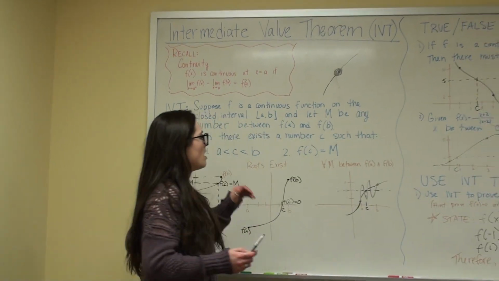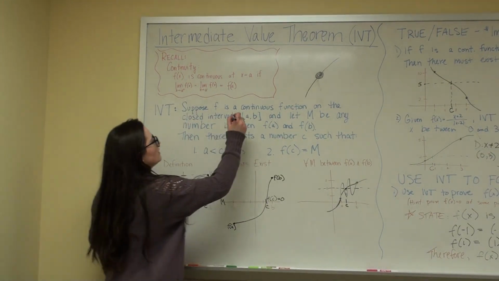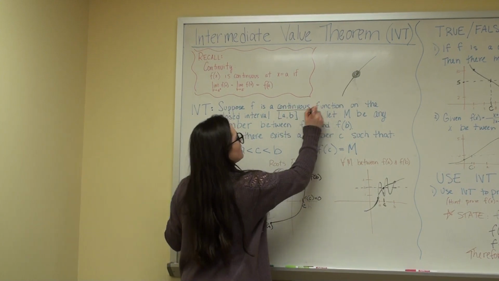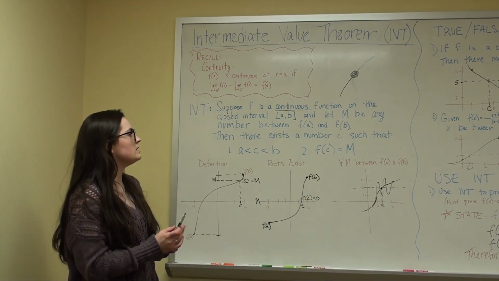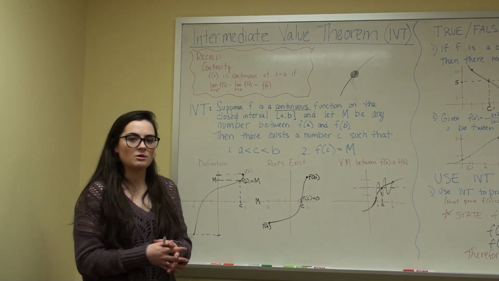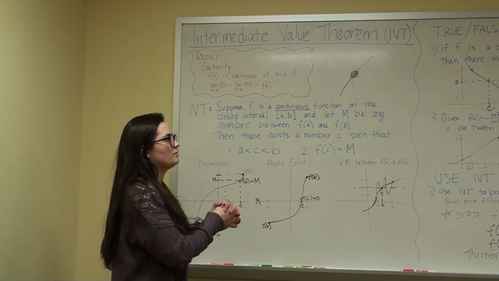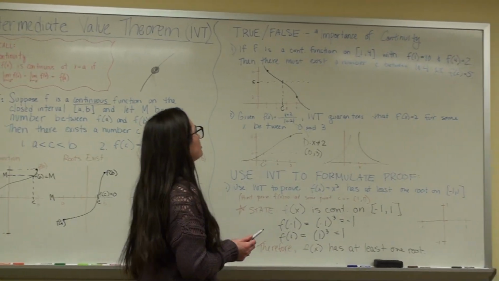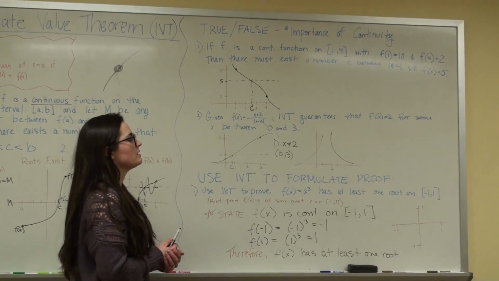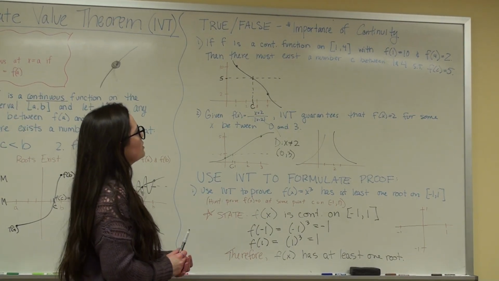So, besides that and the fact that it has to be continuous, those are the 2 most important things. You can only use IVT if your function is continuous. So we're going to do a couple of true and false questions here to stress the importance of continuity in your function. So the first one is a statement that says if f is a continuous function on this interval